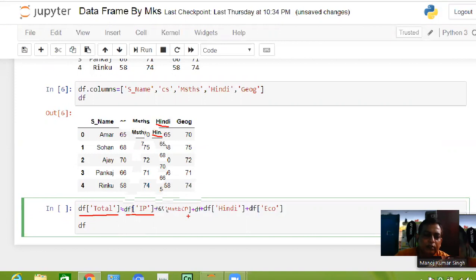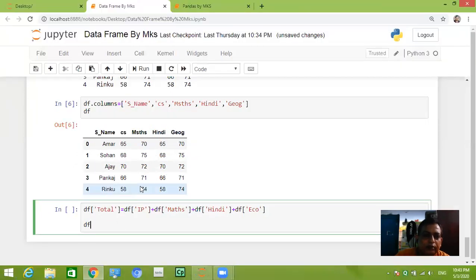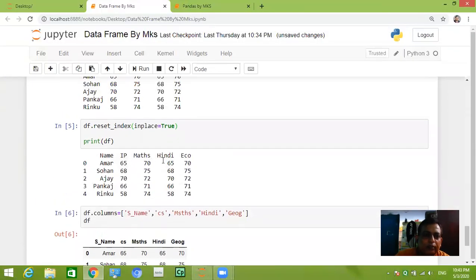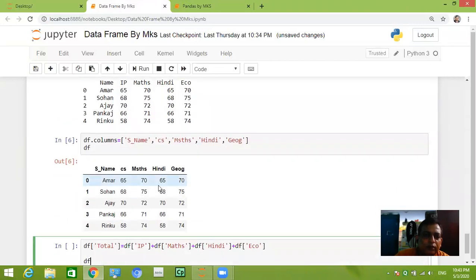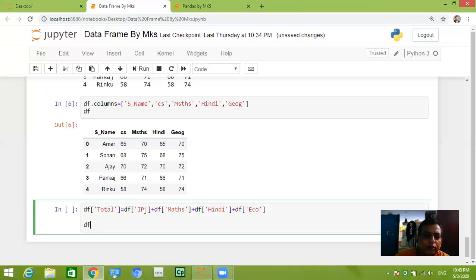I had taken the original table IP, Math, Hindi, but now the column names have been changed. So for that you have to write CS, then Math, Hindi and Geography, GEOG.